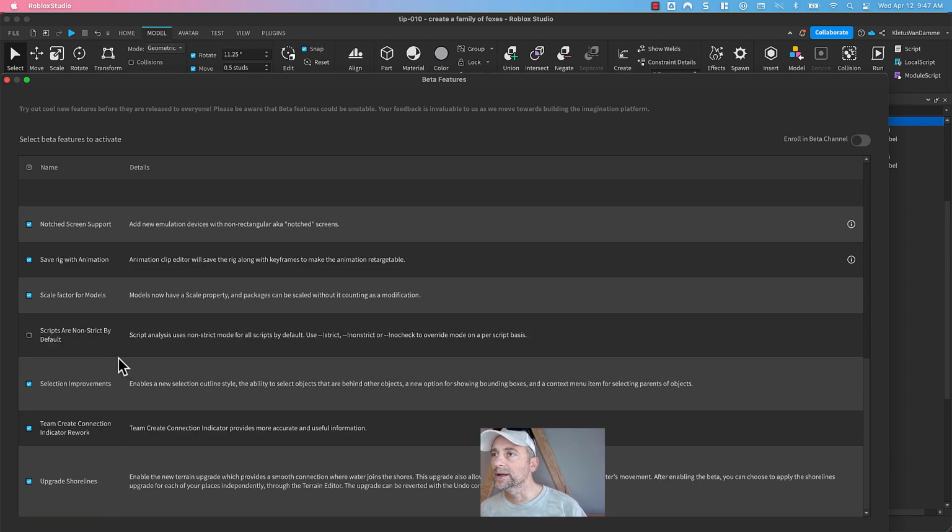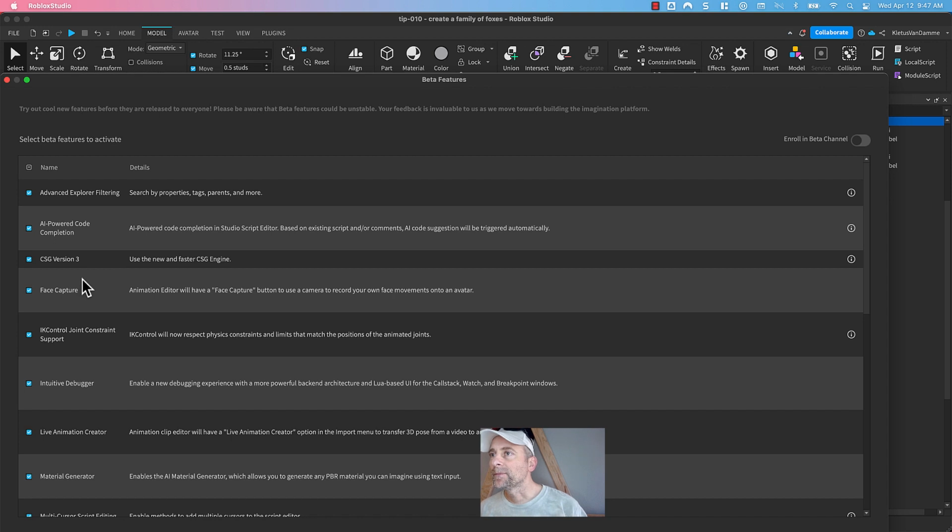There's a couple I'm going to dig into, like the animation editor will have a face capture button to use a camera to record your own face movement onto an avatar. So that sounds